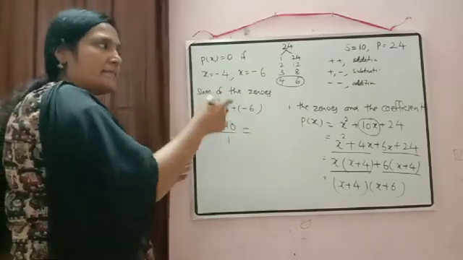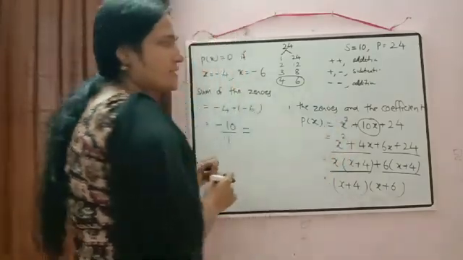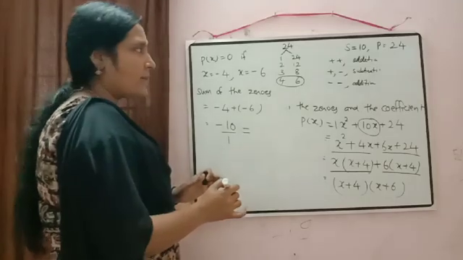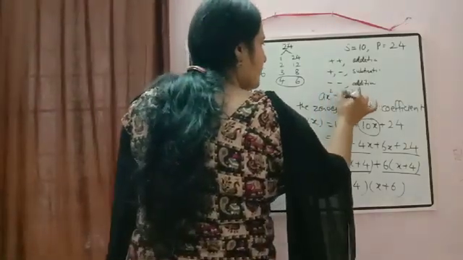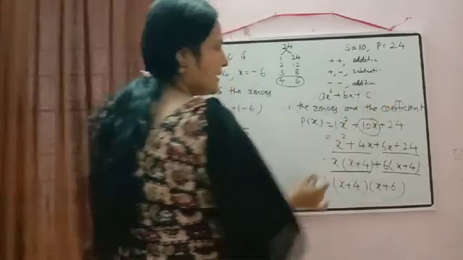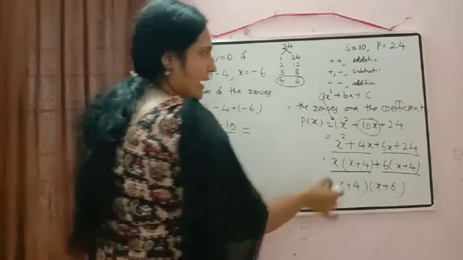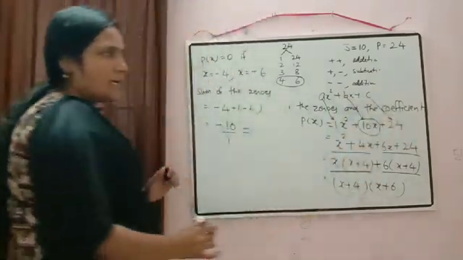Now you just again check your question there. Here, what is the coefficient of x square? If nothing is there, it means the coefficient of x square is 1. And our standard equation is ax square plus bx plus c. So if you compare here, what is the value of a? 1. Value of b? 10. And value of c? 24.